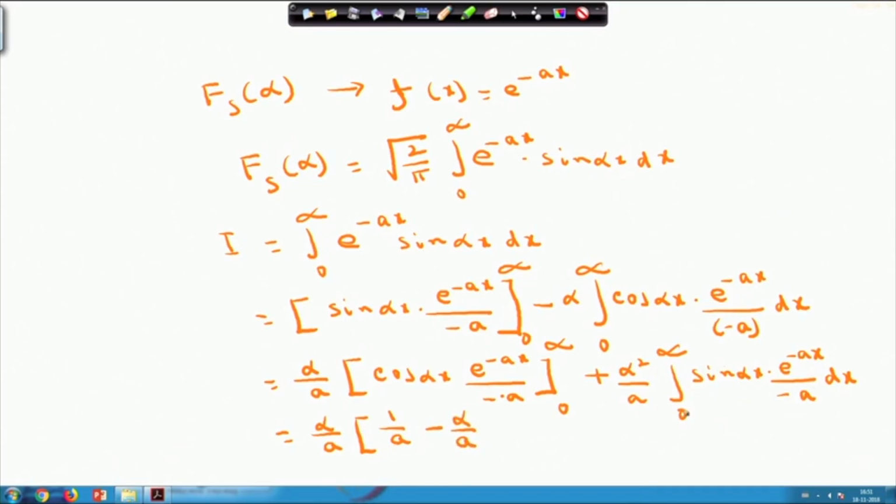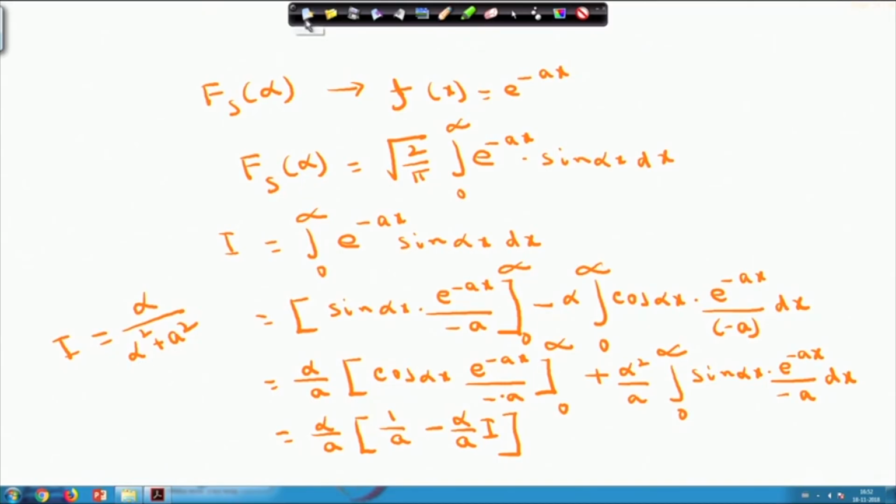This integral from 0 to infinity of sin alpha x into e power minus a x dx is nothing but I. This integral has come back, so I can write this is nothing but I. So, we are getting 1 by a minus alpha by a into I. From here you can write down by calculation I equals alpha by alpha square plus a square. So, the value of the integral is alpha by alpha square plus a square, and from here you can tell